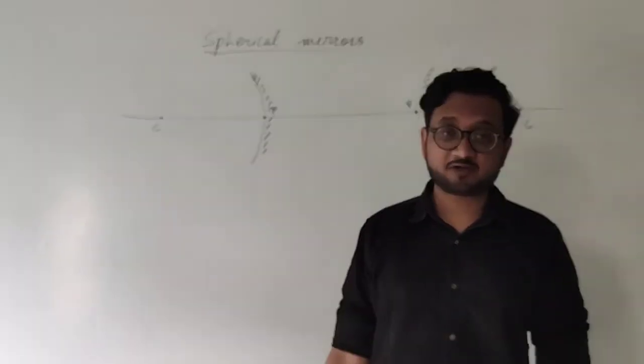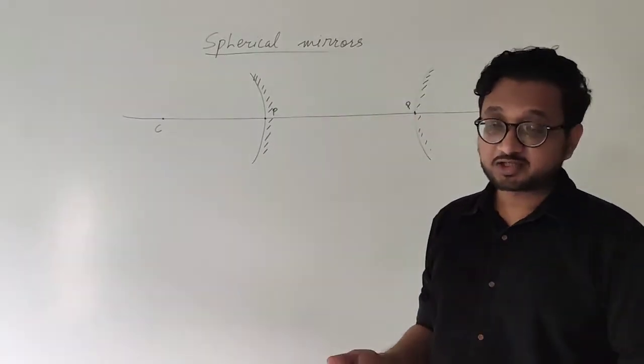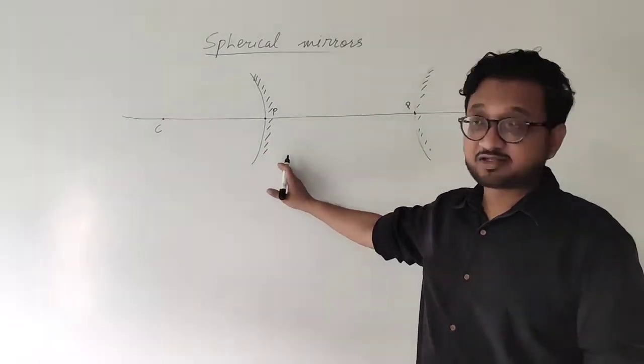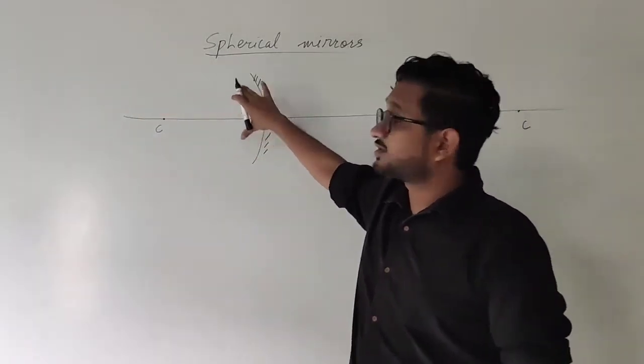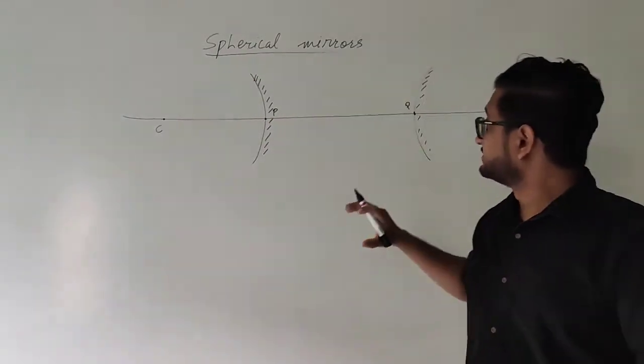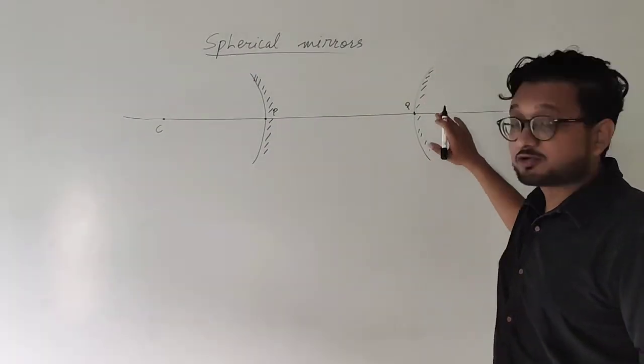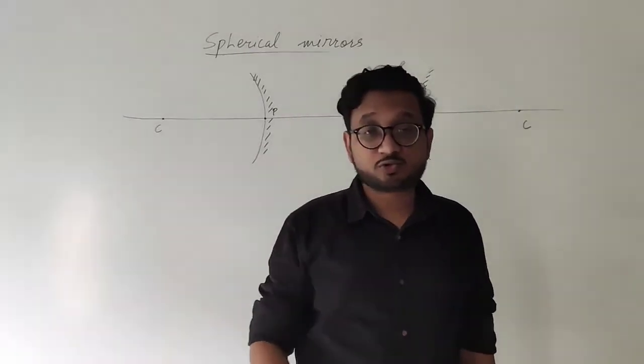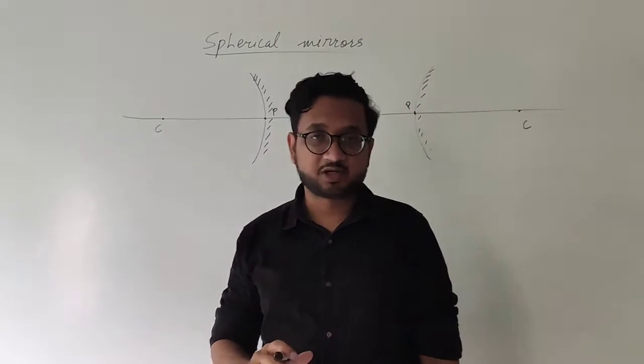Now remember, whenever we are drawing the diagrams related to spherical mirrors, we always keep the mirror on the right, like this, and then we bring the rays of light from the left hand side, in this way as well. The concave and convex mirror are drawn this way, and we bring the rays of light from the left side to the right side towards the mirror.